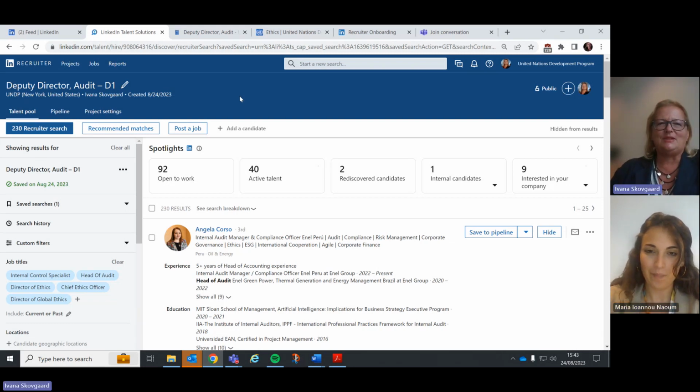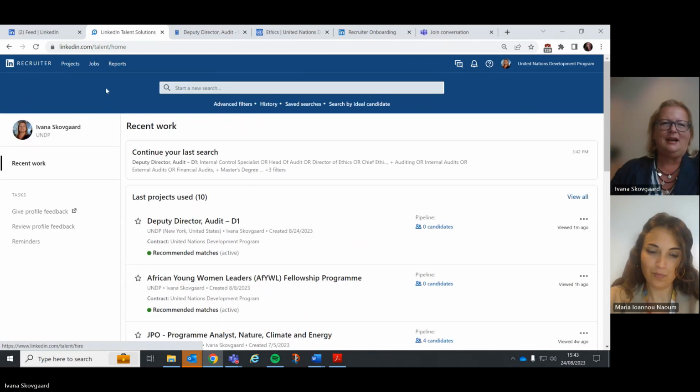Yes. So for this case, as I said, I used the project for the D1, but you will see for the recruitment for the JPO funded by the Republic of Korea, we have very, very specific requirements for those. They're much more strict than the ones for the D1 position, which sounds very unusual because it is an entry-level position. But there I have actually used advanced filters. And the way I did that,